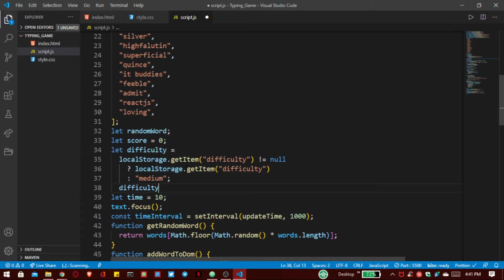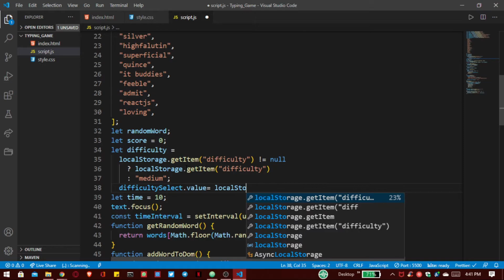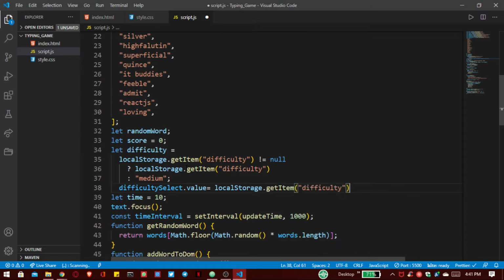So difficulty select dot value, inside that we have to pass our local storage dot get item difficulty is equal to, sorry, null, same as above.